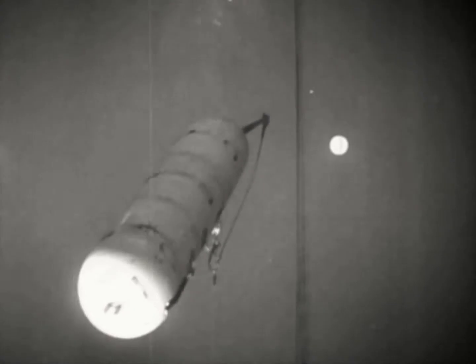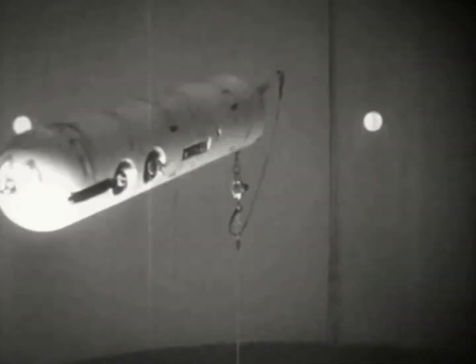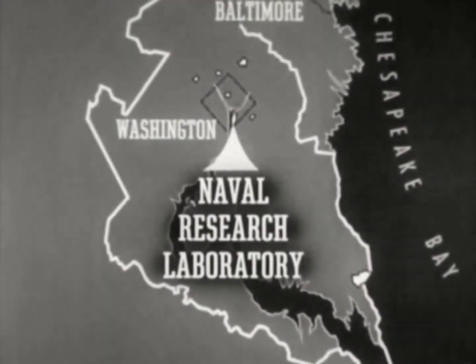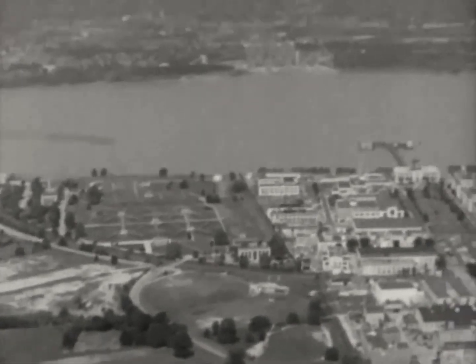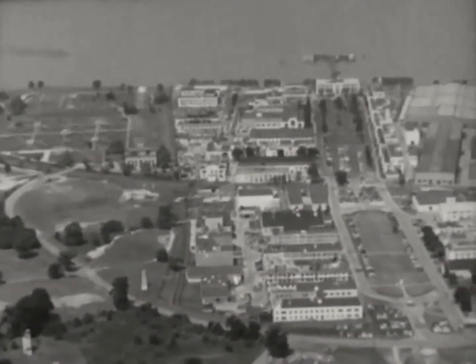Every possible characteristic of the mine must be determined by laboratory and simulated operational use before it is considered ready for fleet use. The Naval Research Laboratory is located in Southwest Washington. NRL's primary mission is to carry out fundamental and applied research and development to increase the combat effectiveness of the